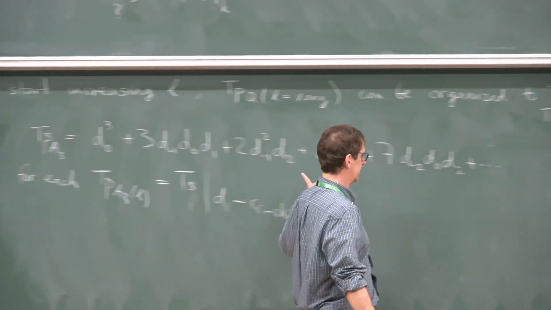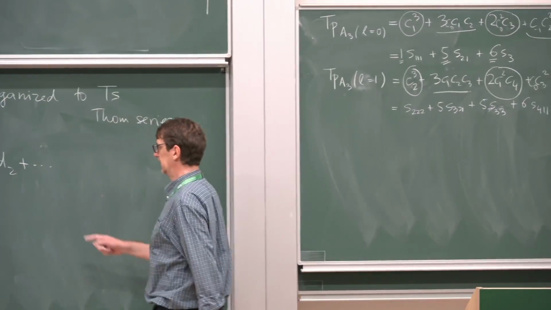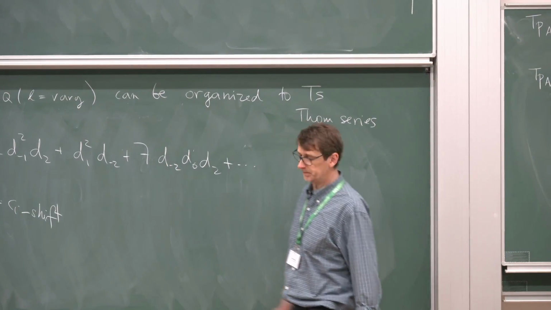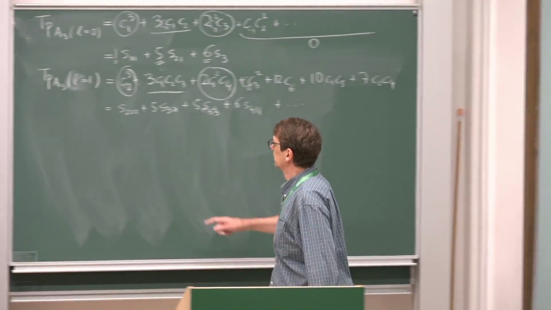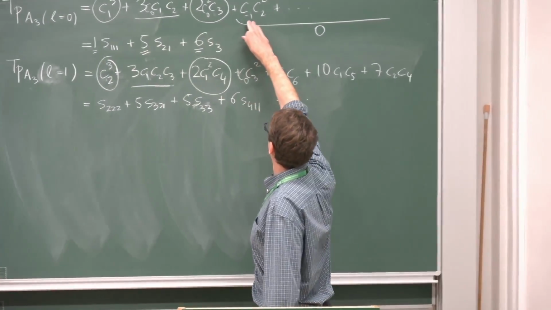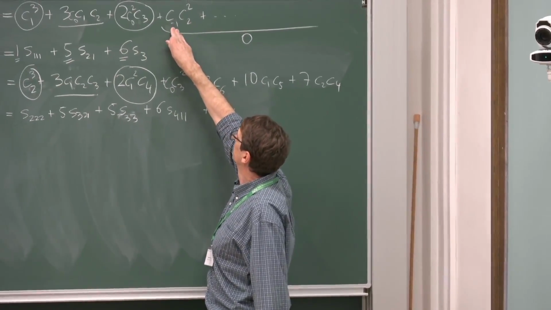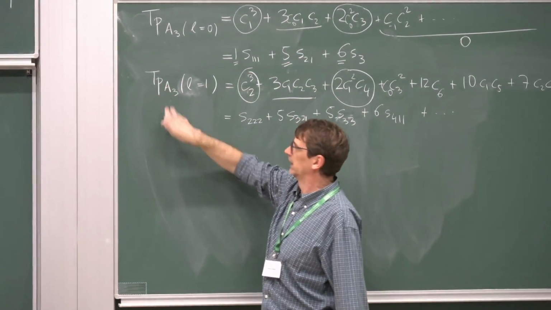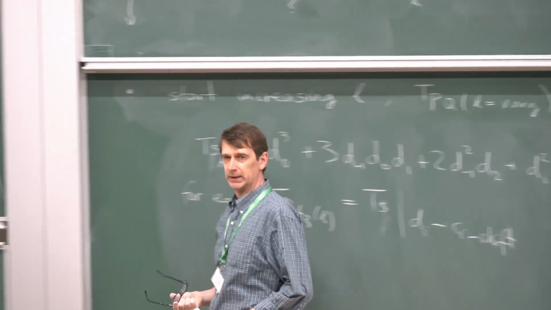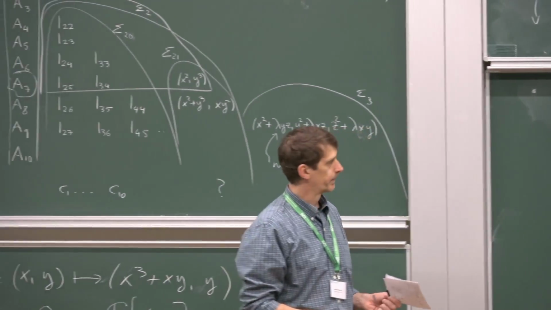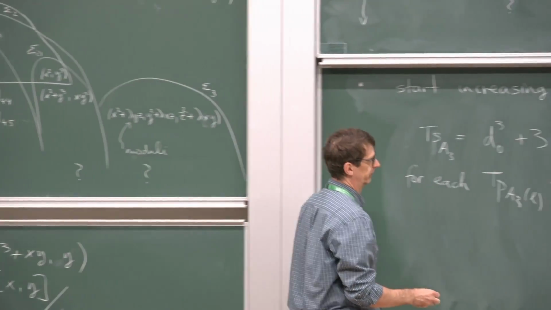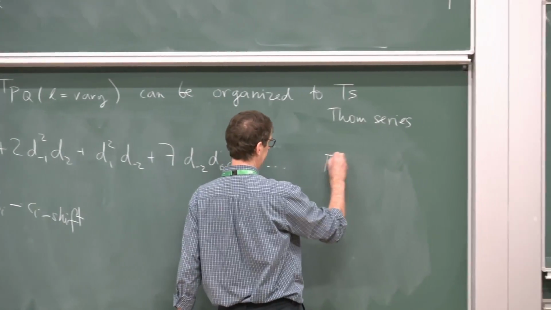So you see, this Thom series has variables with positive and negative index, and with certain shifts, if you shift them up in this case, and of course disregard the C negative coefficient, then you recover the Thom polynomials, each of them. So that is the answer to the question of how Thom polynomials of the same algebra with different L are put together. This is a theorem of Feher and myself,